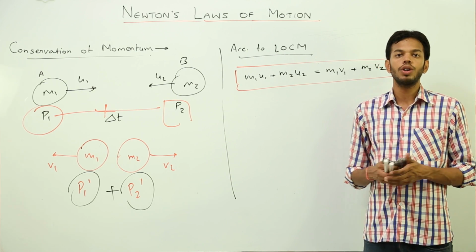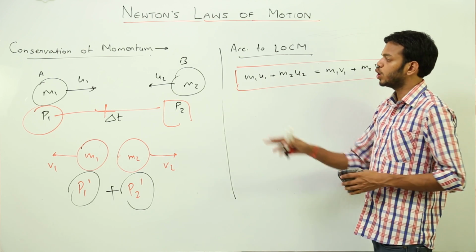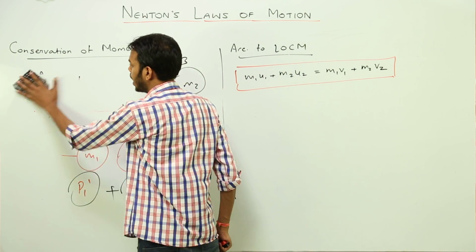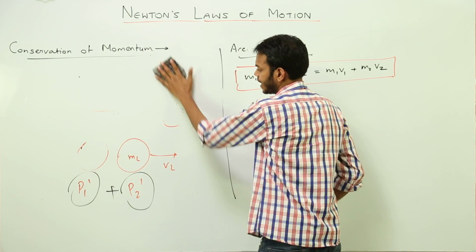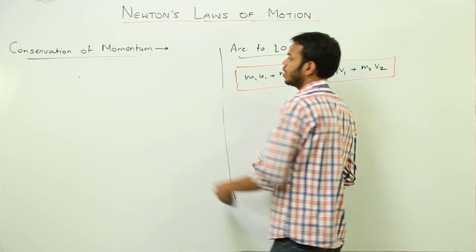Now we were talking about recoil velocity of the gun, so I don't want you guys to get confused with that diagram and this expression. So we already have a formula for the law of conservation of momentum. What I am doing right now, I will be making a simpler diagram for you to understand the recoiling